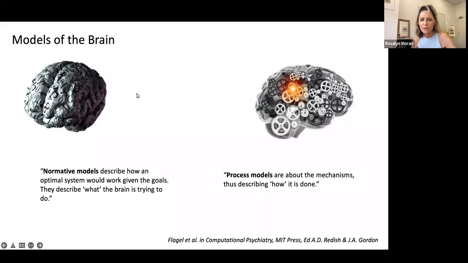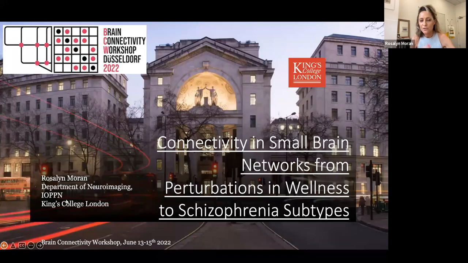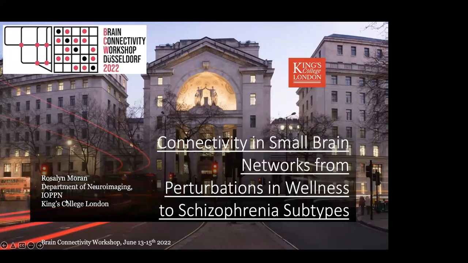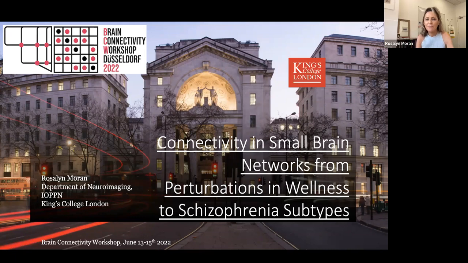I'm going to go through a little of what I just mentioned. So some DCM analysis that I actually presented at BCW last year, and have a little follow-up to share with you. But I also wanted to look at a small brain network. So these are dynamic causal models for fMRI and EEG in healthy controls, and looking at some phenotypic relations in